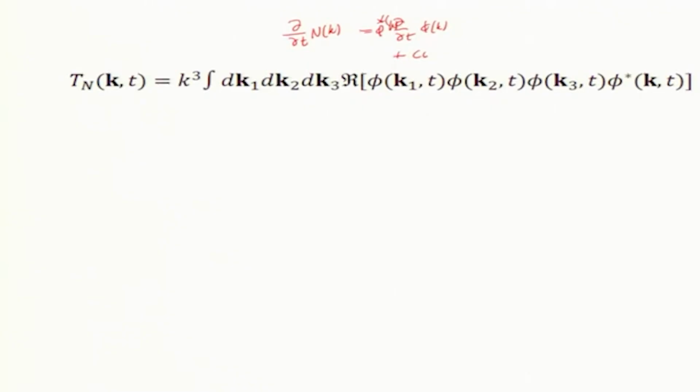The linear part will go away, but the non-linear part will remain, and the non-linear part will give you 3 phi's, which was just before. I am multiplying by the phi star k and taking the real part of this, right. I mean, we have done this many times in this course. So, this is the energy transfer, well actually it is not energy transfer, it is a particle density transfer to k. So, particle density can change because of this term. So, this is basically d n k by dt,